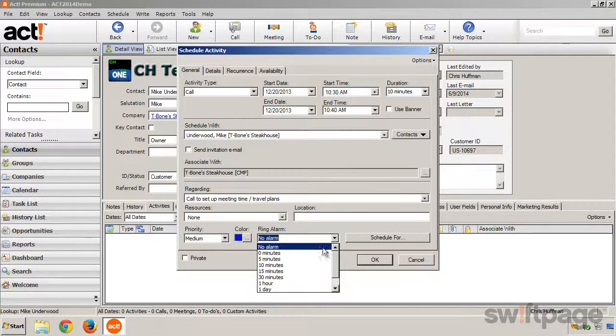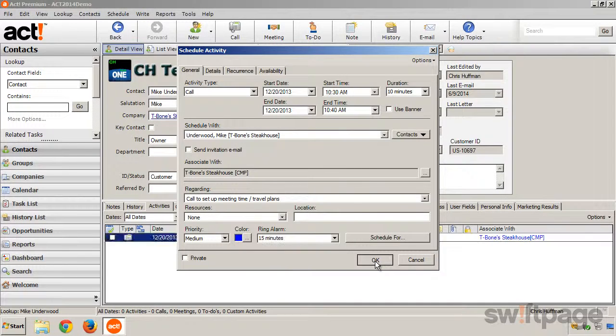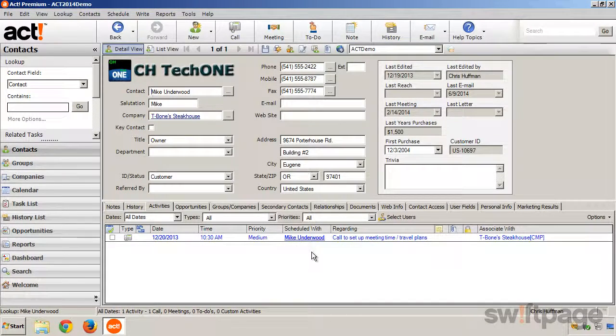And I'm also going to make sure that I get that 15-minute reminder ahead of time. So once I have all the information in there, all I have to do is click OK, and now we see the activity set up. It'll be on my calendar, and I'll get the 15-minute reminder